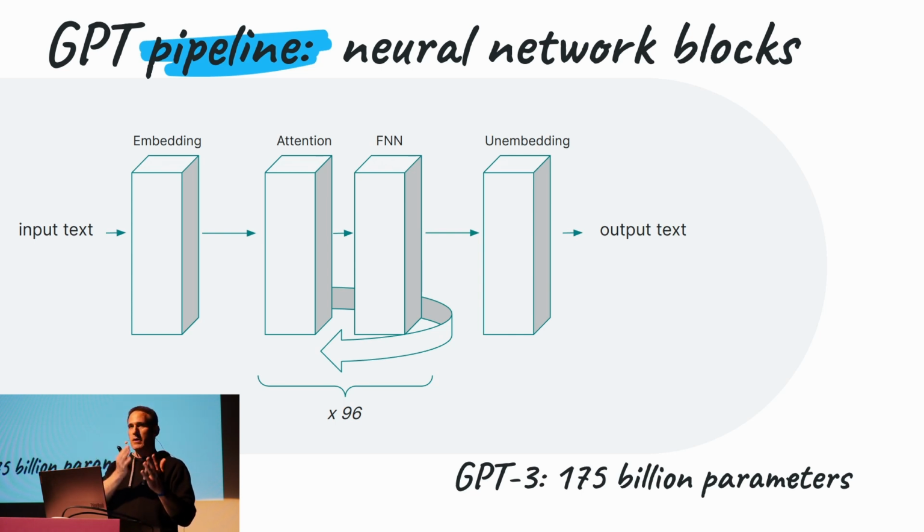But initially, these tokens are pretty dumb. They just represent the token without any context. Like if the input text is large language model, the token representing the word model doesn't know what kind of model it's talking about. Is it a fashion model? Is it a mathematical model? It doesn't know. It's just an unqualified token.